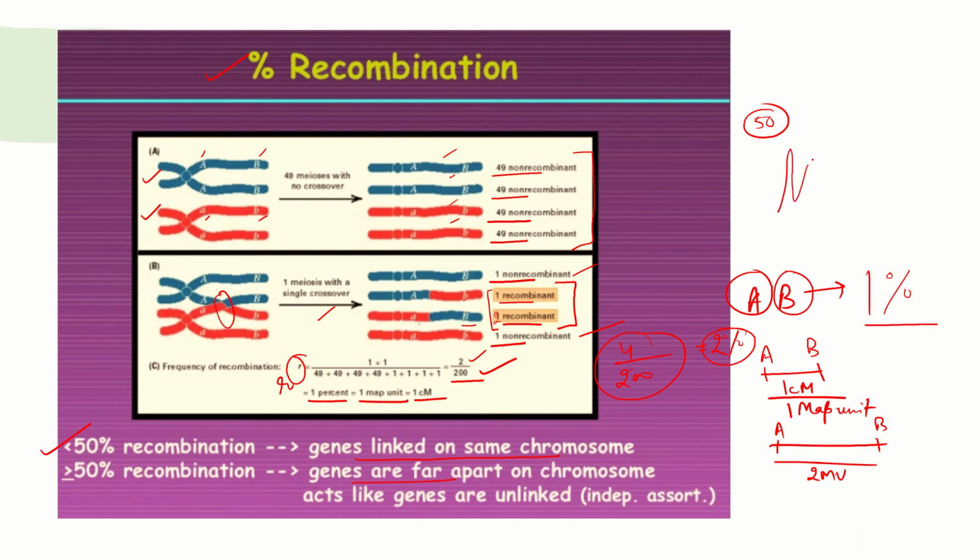For example, this is the chromosome, one gene is placed here and the other is placed here, so they are distantly placed. That's why they show more than 50% recombination, because chances are that during meiosis, gamete formation and crossing over, they go to different gametes. Their probability is more than 50%. So then we say that they are distantly placed genes. Accordingly, the distance between them is calculated through this percent recombination frequency data.